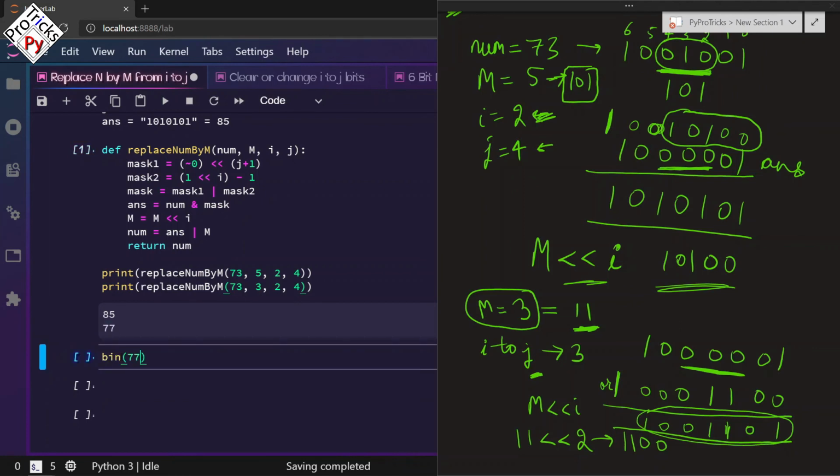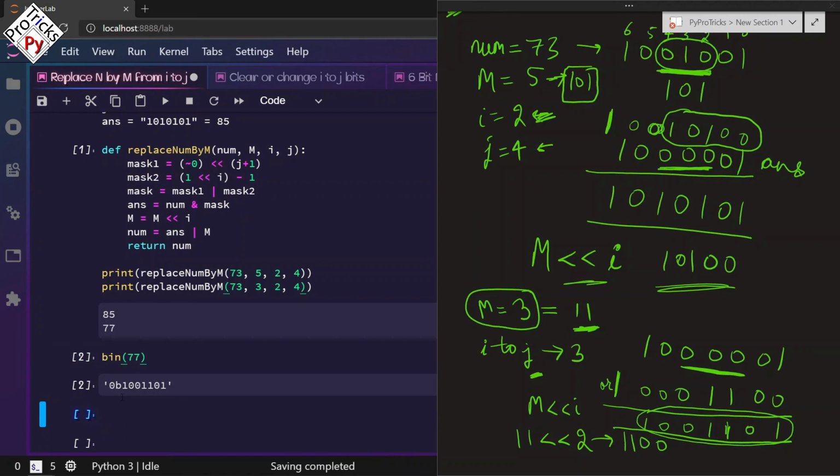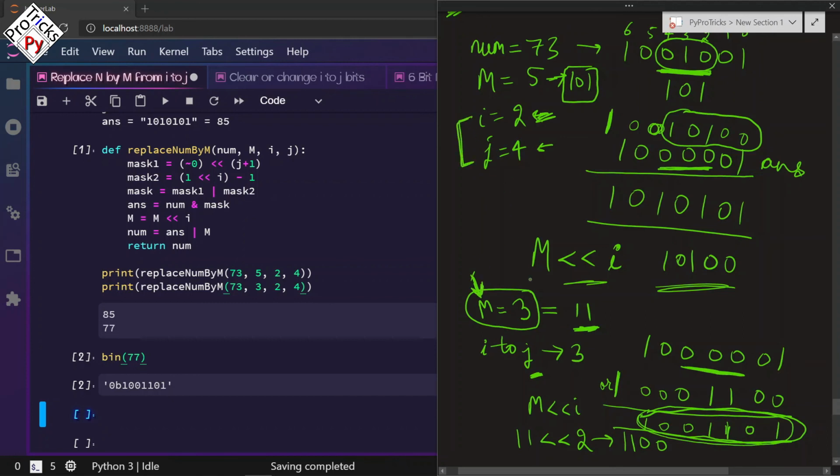Find the binary of 77 to confirm. Here you see these both are the same, 1001101. Perfect. So it will also work if you have fewer bits in m and the range of I and j is greater than the number of bits in m, right?